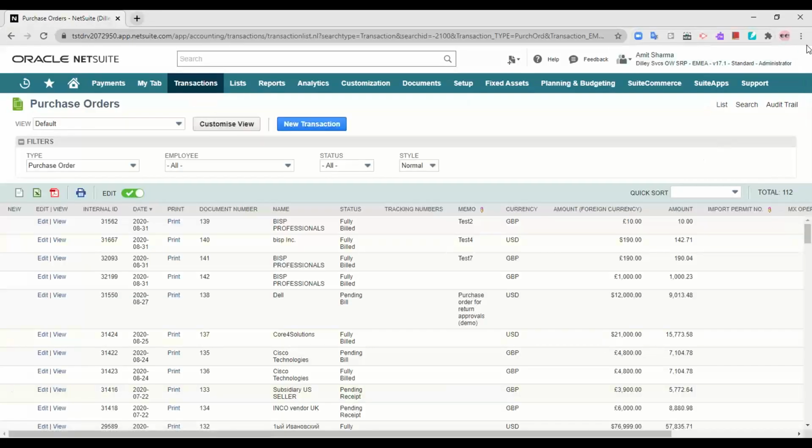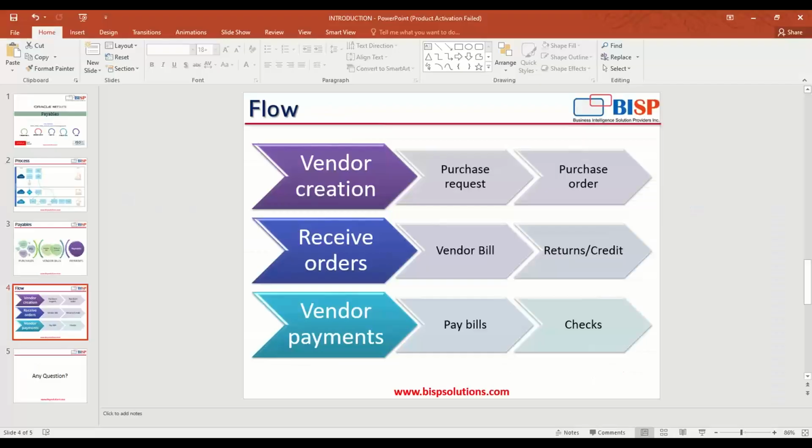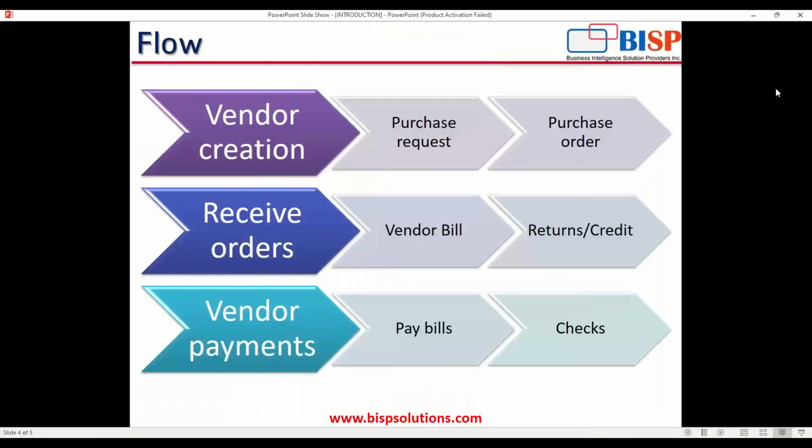Now let's say since this was a purchase requisition, in most of the organizations what happens is at the time of workflow, and in the workflow most of the organizations may not have a purchase request option in their organization.